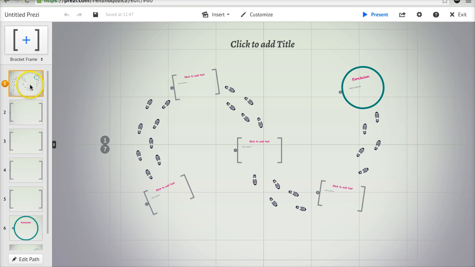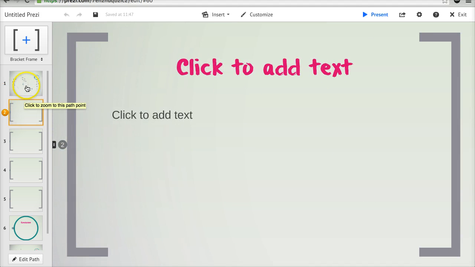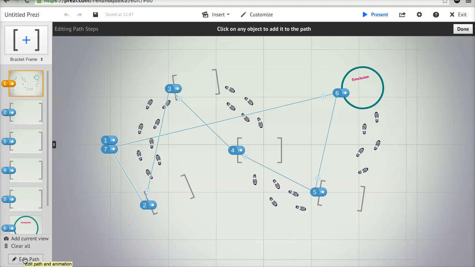On the left sidebar is the path of your Prezi with thumbnails of each frame. Frames are the placeholders for content, just like slides in PowerPoint, and come pre-prepared when you use the template. You can change the path or order of frames by clicking Edit Path button at the bottom of the left sidebar. You will notice that once you select this button, numbers and lines will appear across the canvas, illustrating the